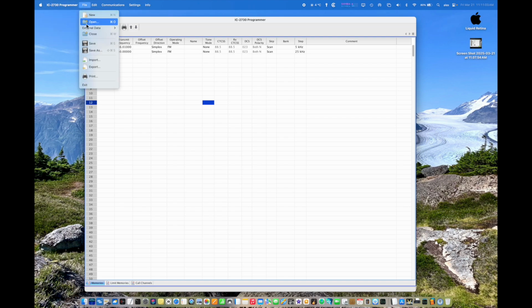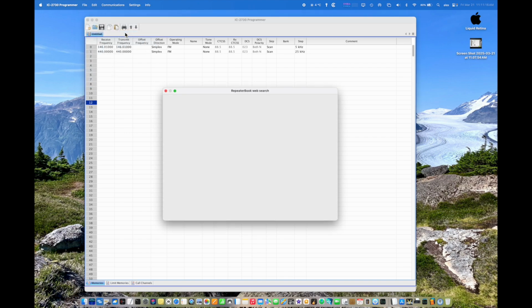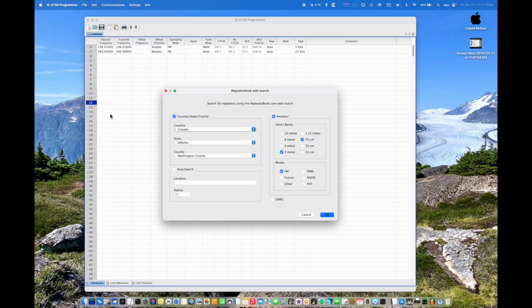And you can open an existing file that you saved with the IC2730 programmer. I would show you that. You have the external data, such as the repeater book. I don't have the account for the others, but if I want Canada and Alberta and select the meters I want, hit OK,